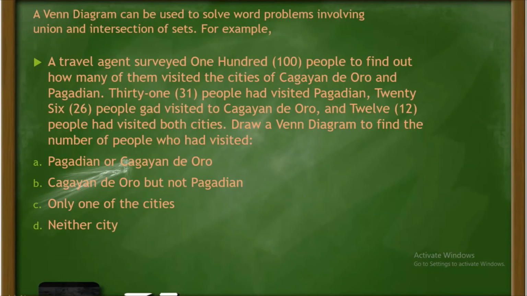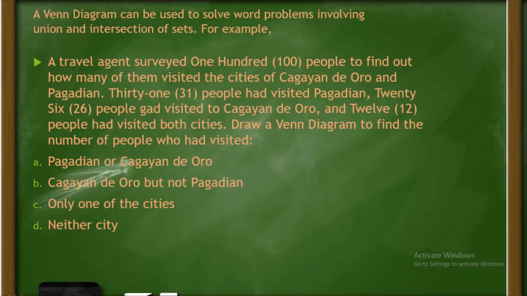Pagadian or Cagayan de Oro, B. Cagayan de Oro but not Pagadian, C. Only one of the cities, D. Neither city. So first, Pagadian or Cagayan de Oro, as I said before, we're going to draw a Venn